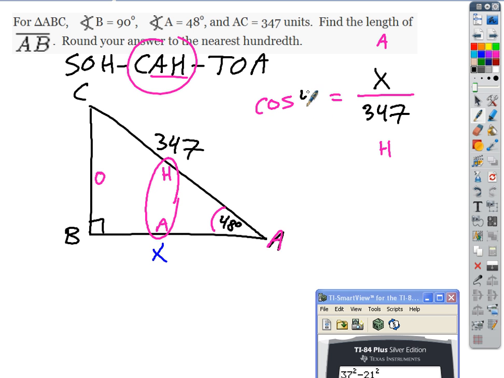And the cosine of 48 is a calculator number. I just put that in my calculator and get an answer, right? So how do I solve for X here? How do I get the X by itself? How do I undo dividing by 347? Multiply by 347. So I just get X equals 347 times cosine